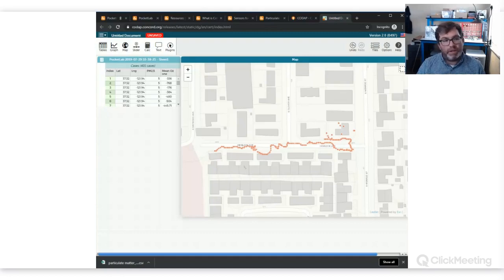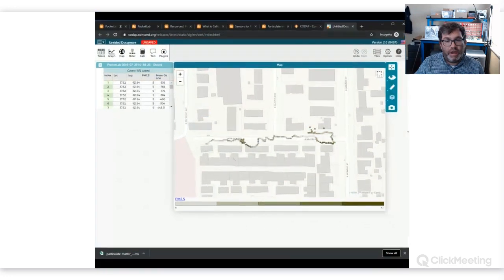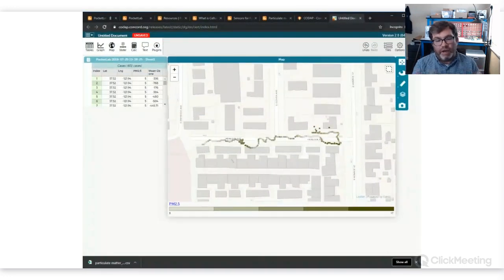So I'm going to pull in the particulate matter data, and you can start to see maybe where the location of those two pavers were. So what I do is I go over here to PM 2.5 data here, and I just click on that and drag it onto the map. And you can see that it creates a little heat map of the different places, or of the values of the particulate matter data. So the lighter green here is where the PM 2.5 was 5 to 8, and then